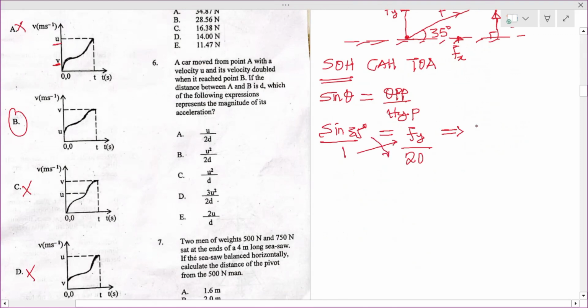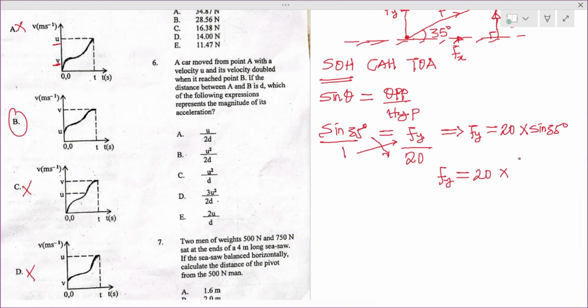Fy times 1 gives us Fy, which will be equal to 20 multiplied by sine of 35 degrees. So this implies Fy is equal to 20 multiplied by sine 35 degrees, and sine 35 degrees is equal to